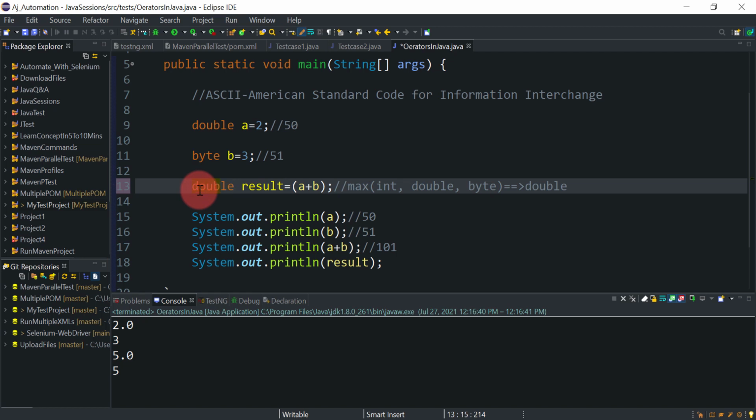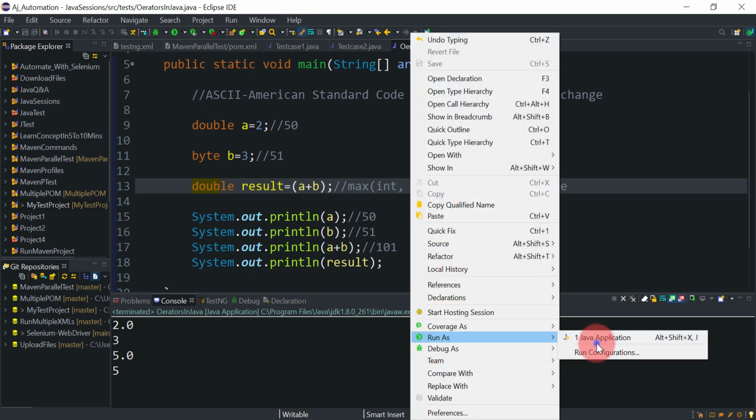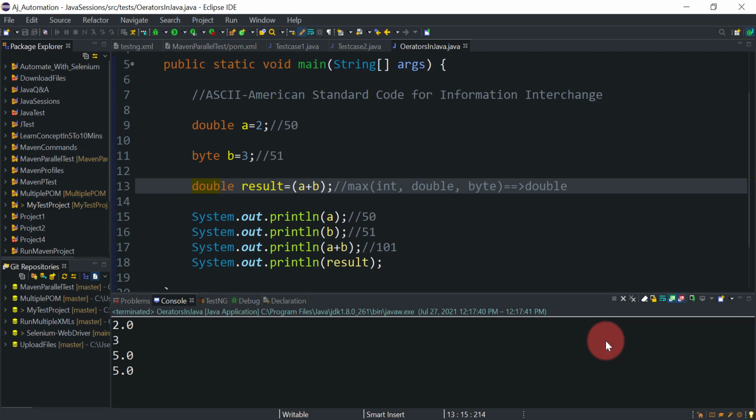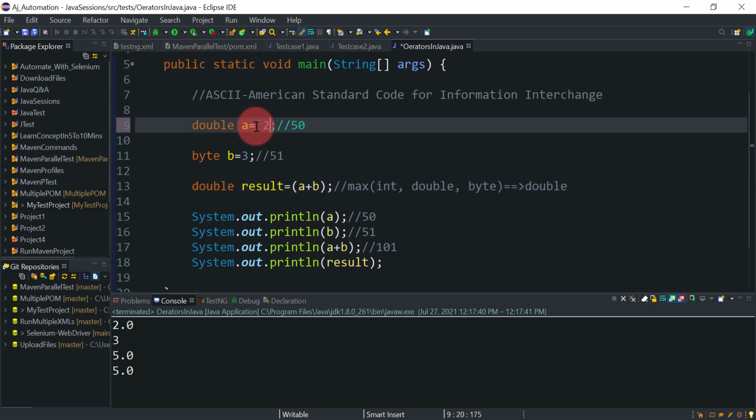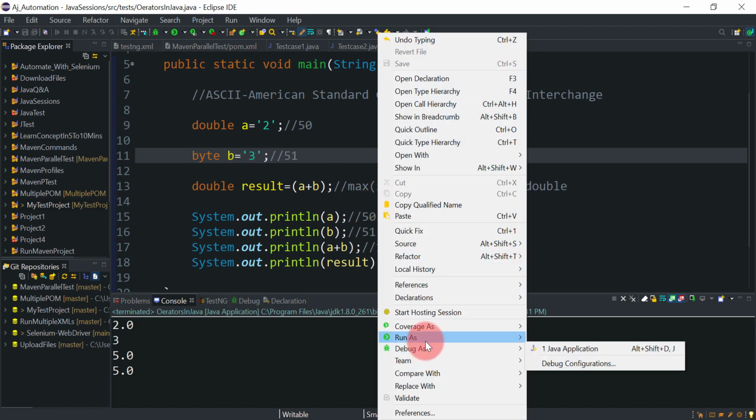Okay, this is another example. If I save it and run this, you will see we will get some double type of value, meaning a floating value 5.0, right? We won't get any integer value, we got 5.0, a double type of value. And if I convert this into character again, then think what value we will get. So if I run this,